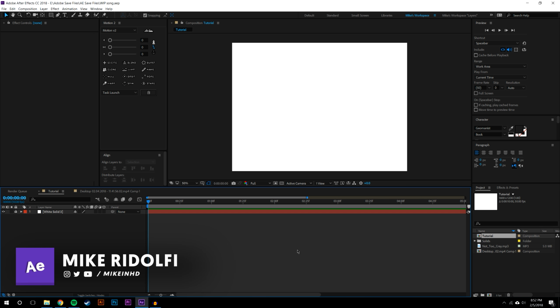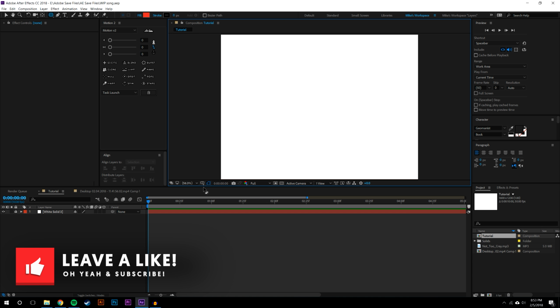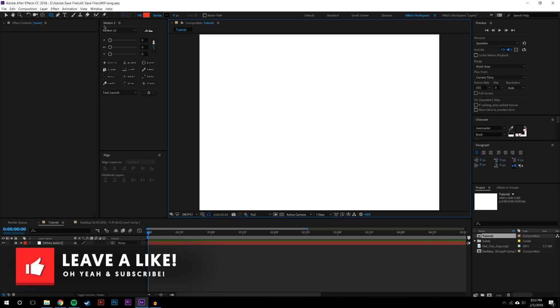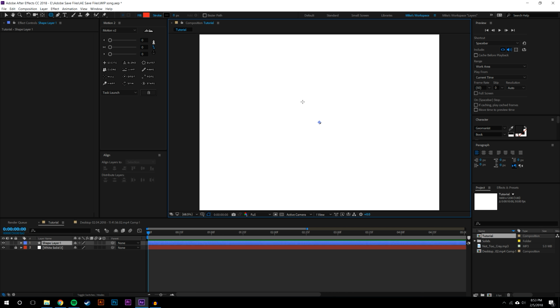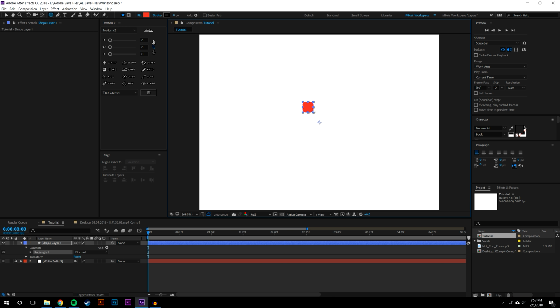It's pretty simple. So I'm going to start off by creating a rounded rectangle. I'm going to use the rounded rectangle tool. Let me just fit this to 100% and drag this down. You're going to want to use the rounded rectangle tool, and I'll show you why in a sec. If you hold Shift, it'll create a perfect square or a perfect rounded rectangle. I'm just going to center up the anchor point by pressing Y on the keyboard and then moving that right